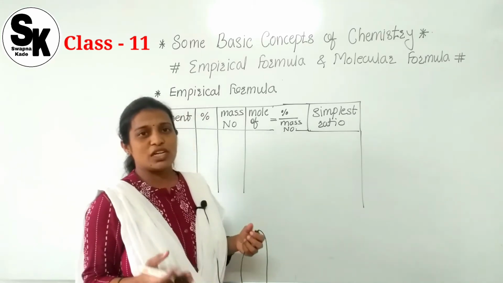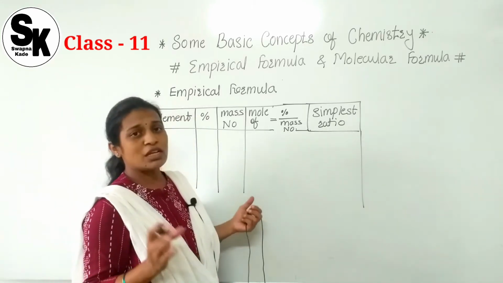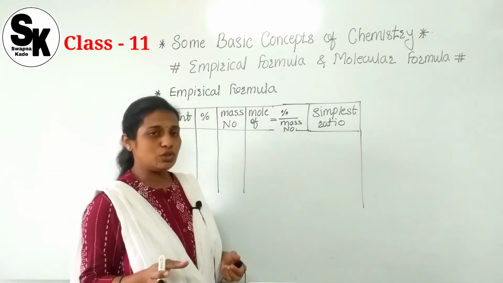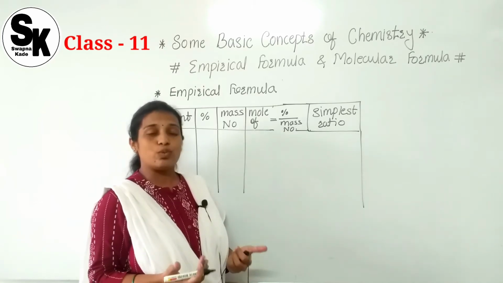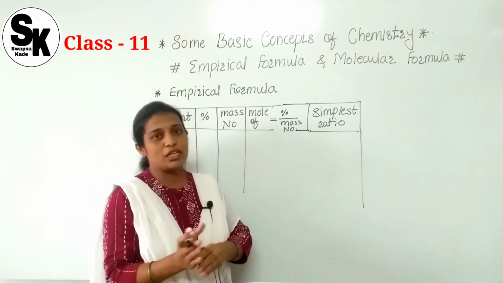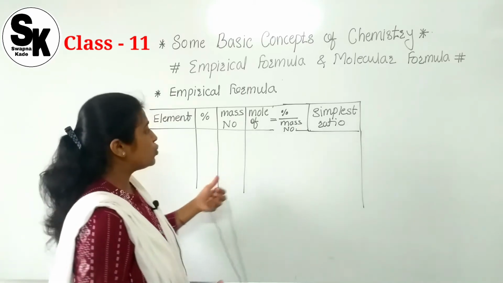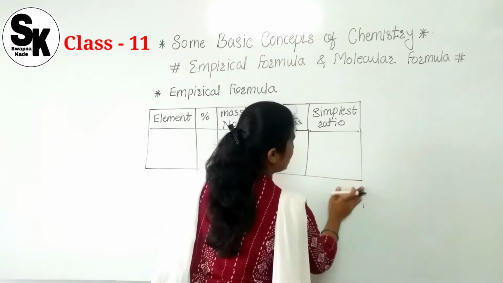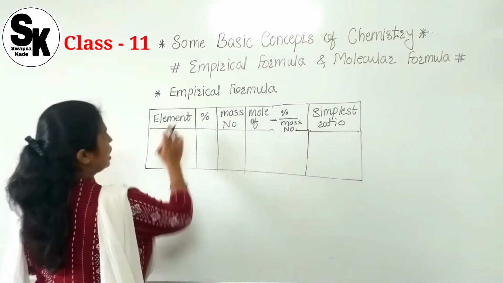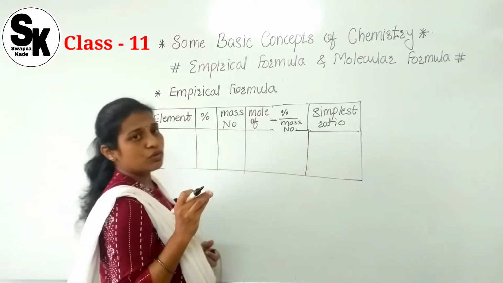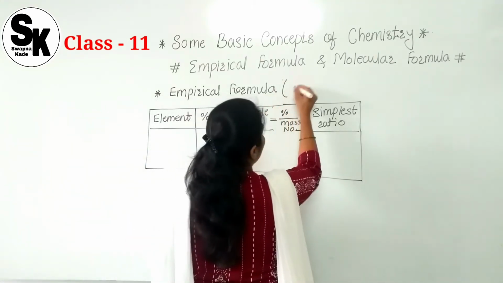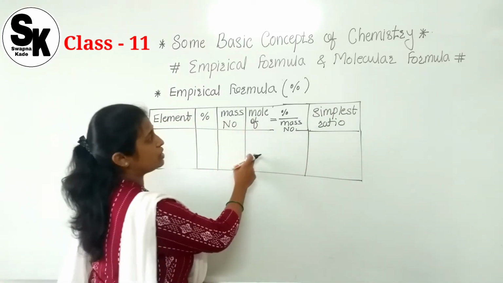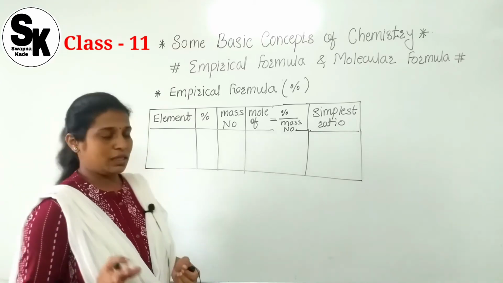After that, immediately I will start to solve a number of examples, so you can try to understand how to solve such a numerical. If you are able to understand, it's very good. If you have any doubt, then you can write in the comment box also. In today's class also, if you are feeling that you are not getting any point, you can write in the comment box. So the first thing I have completed: if we want to write the empirical formula from the data provided in percentage, then this type of table should be drawn by us. Second one,